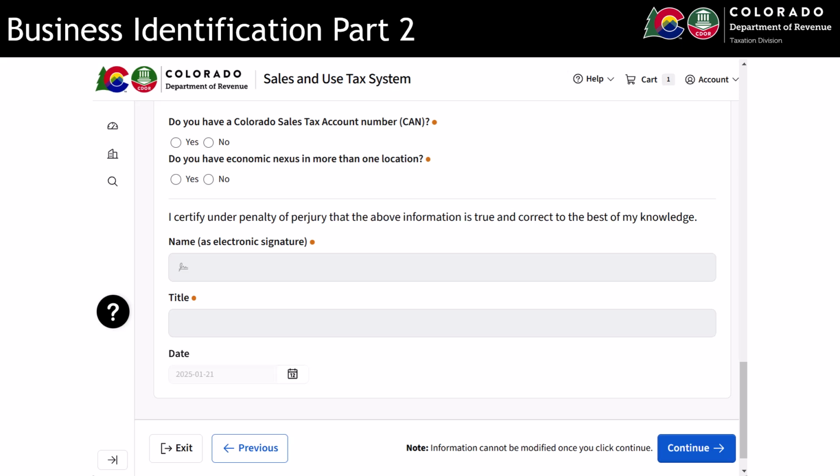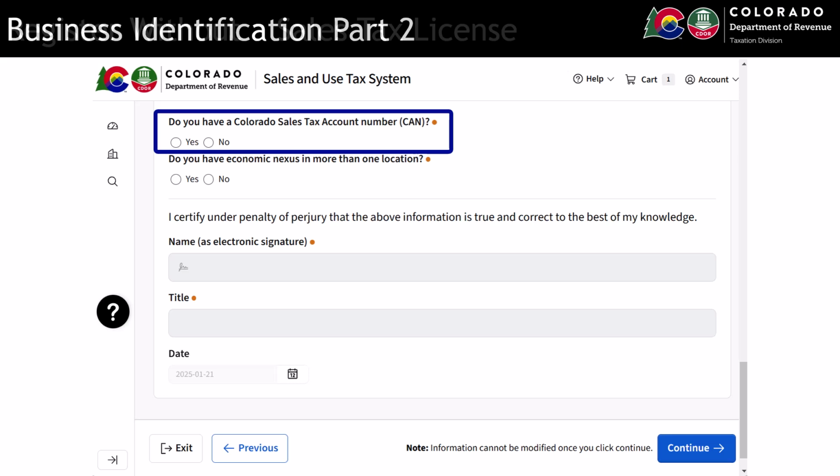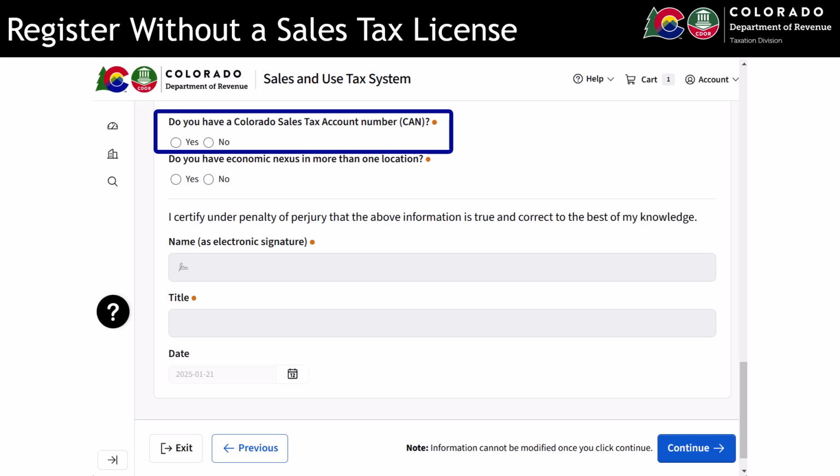The second part of the business identification section is very important, so I'd like to pause here for just a moment. When asked, "Do you have a Colorado sales tax account number?" the next steps in the registration process will change depending on whether you answer yes or no. If you do not yet have a Colorado sales tax license and select no, once you complete the registration form, SUTS will prompt you to apply for a license. The online SUTS application mimics the